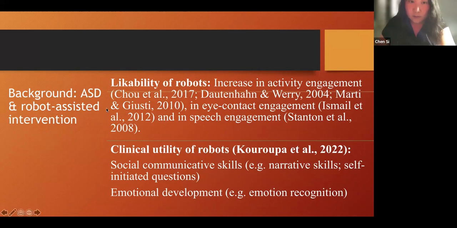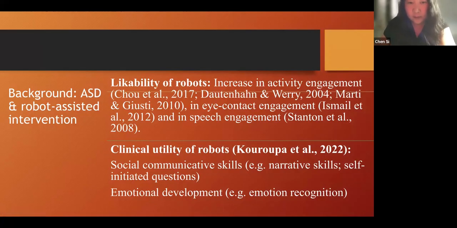And there are also many studies reporting the likability of robots by autistic individuals. There is evidence showing an increase in activity engagement, and also in eye contact and speech engagement. But of course, that doesn't mean that if the participants like the robots, they're definitely going to improve.